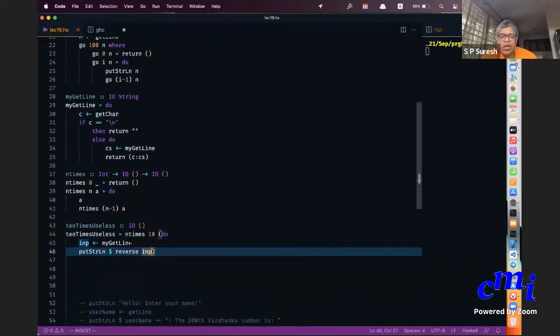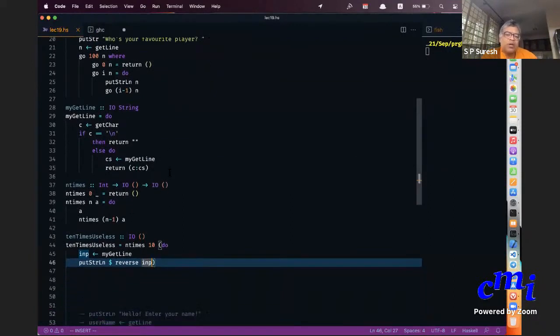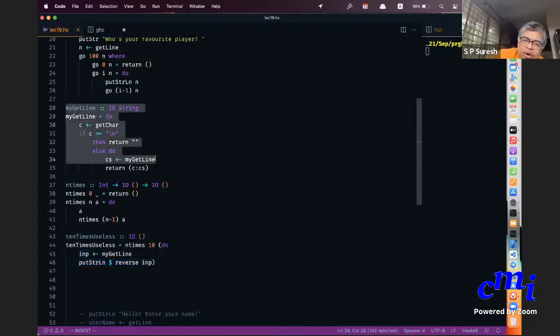Suppose there is some way by which you can produce an IO integer. If you want to use that integer elsewhere, something similar is what you are doing. This myGetLine is a function that I wrote. It is of type IO string. I am using that here by writing input bound myGetLine.